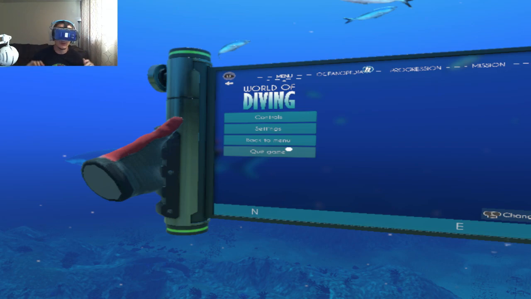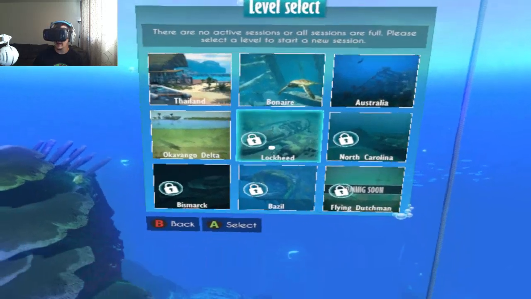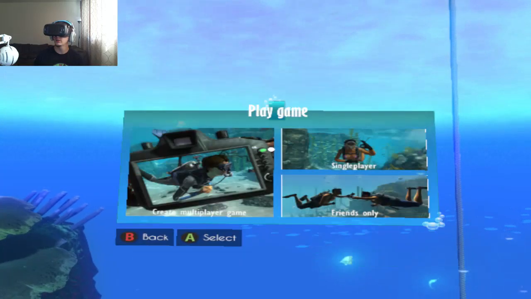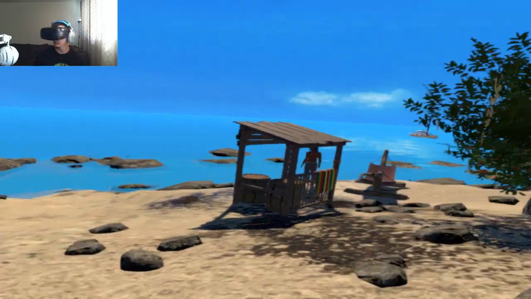And now what I'm going to do is show you it on Google Cardboard and show you that it is playable on Google Cardboard. And we're going to go ahead and jump into that, okay? Alrighty, so here we are. I've got the game up on the Google Cardboard mode, and we're going to play. And this time let's go to Bonaire, okay? And we'll go to single player. And as you see, I'm looking around,